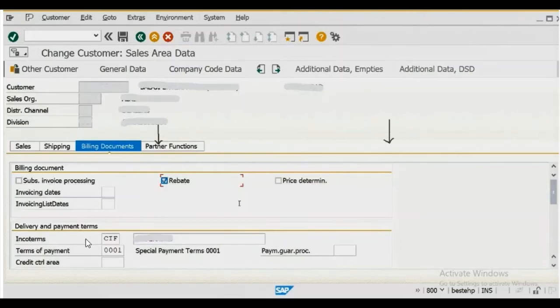So Incoterms specifies who is responsible for freight and insurance, and generally we maintain Incoterms as CIF. CIF means cost, insurance and freight, and you have FOB also, free on board. So like that we'll maintain Incoterms here. And next,